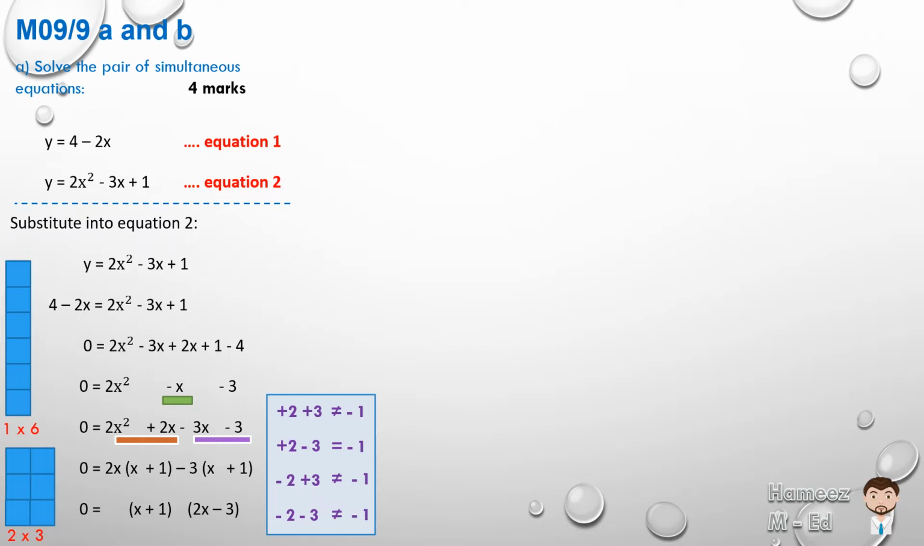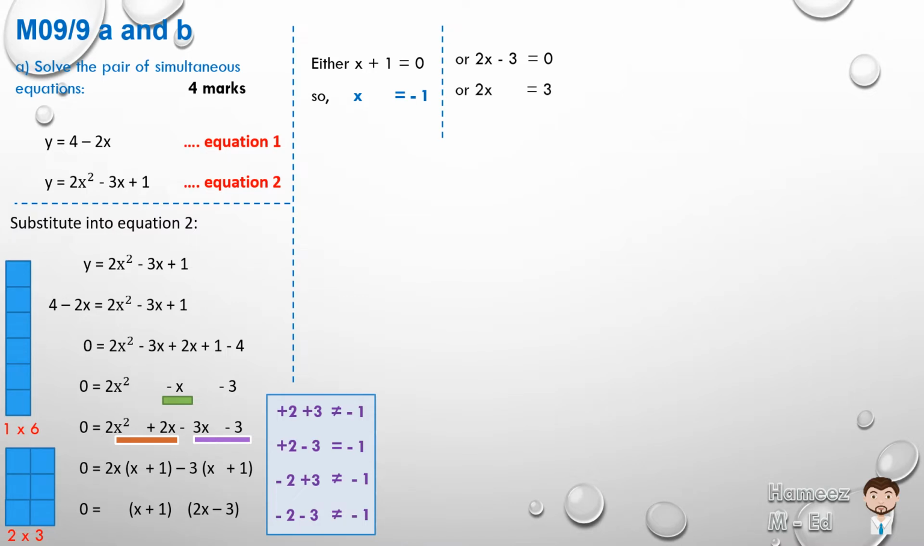And this pair of factors, either one will give us 0. So either the first term, x plus 1, is equal to 0. So x is equal to, let's carry plus 1 across, x is equal to minus 1. Or 2x minus 3 is equal to 0. So 2x is equal to 3, we've got to carry the minus 3 across, so x is equal to 3